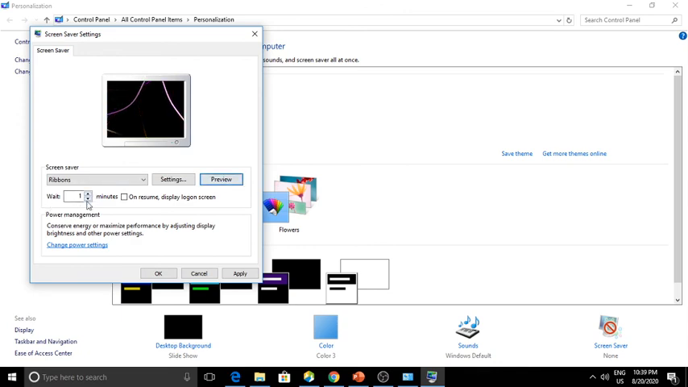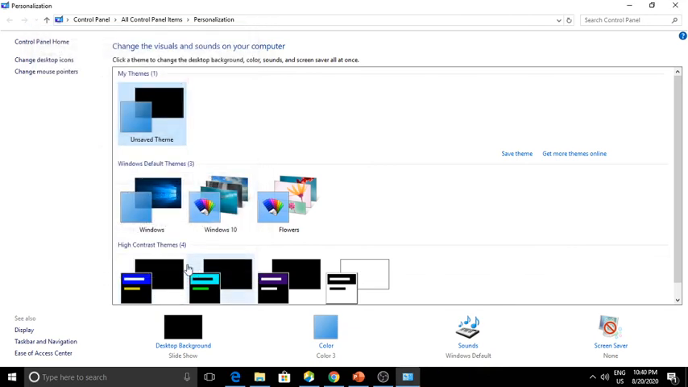Then I have set 1 minute. On resume, display log on screen. Okay. If you click on this checkbox, then what will happen? You can see the log on screen. So this is the setting I have put for 1 minute by default. So this is about screensaver settings students, and this is about the sound settings,